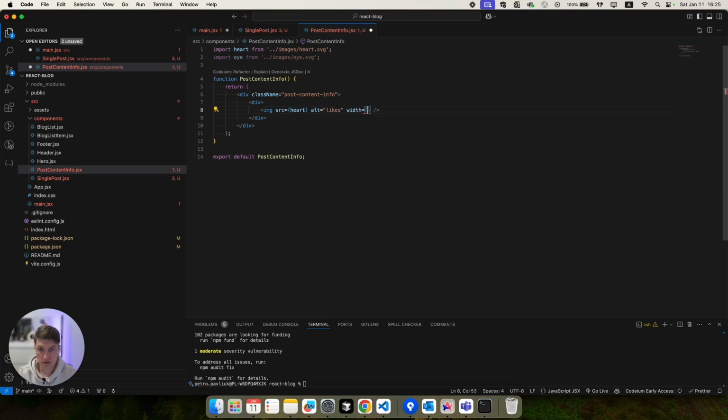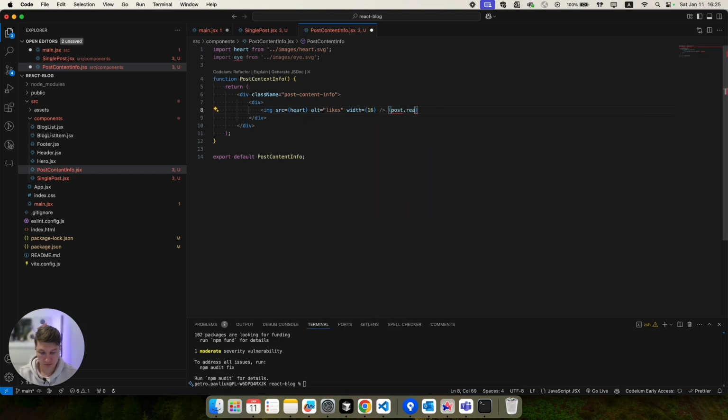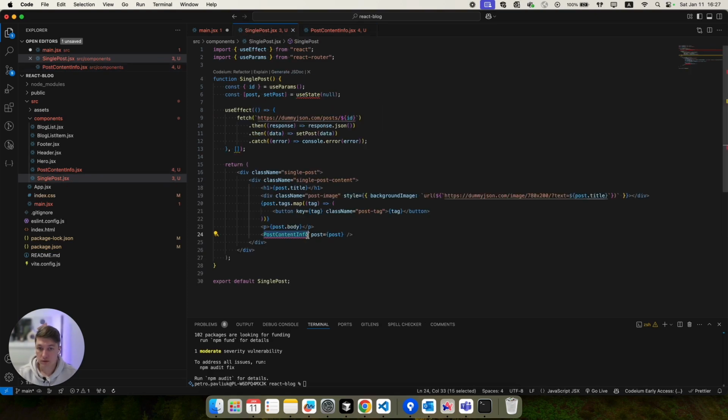This is for likes, and also we'll add some information: post reactions likes. Okay, we need the props, post reactions likes, and another one for views, post views. Now we can import this file.